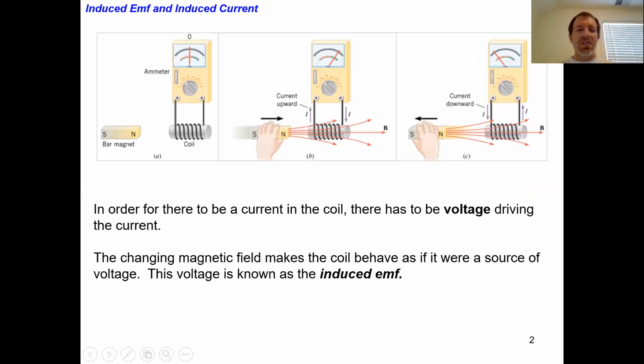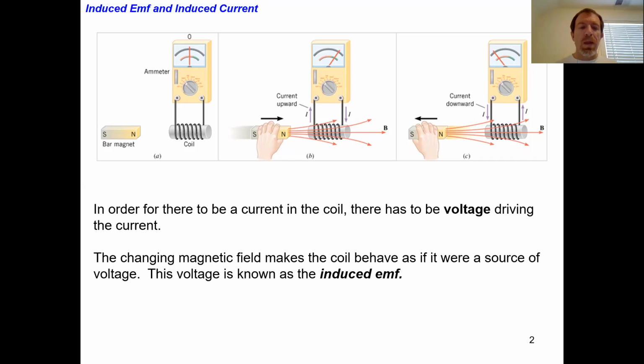So we've seen this slide before. We said that anytime we've got a changing magnetic field through a coil of wire, what happens? We end up inducing a current in that loop of wire. We end up inducing a voltage across that loop of wire. We end up with an induced EMF. All right, so there's some voltage that's produced as a result of a changing magnetic field through the area of